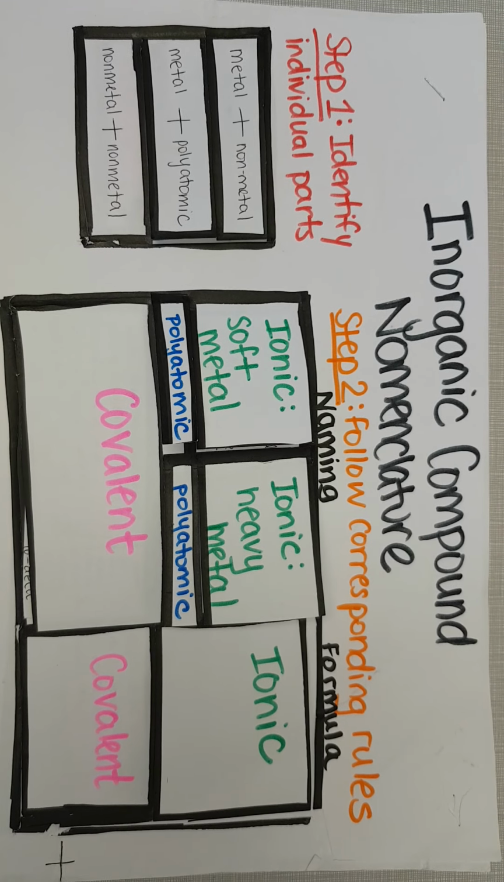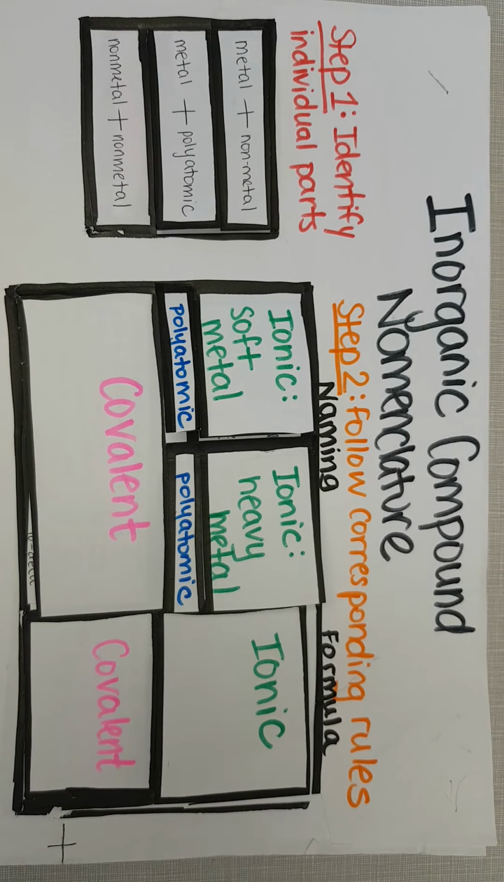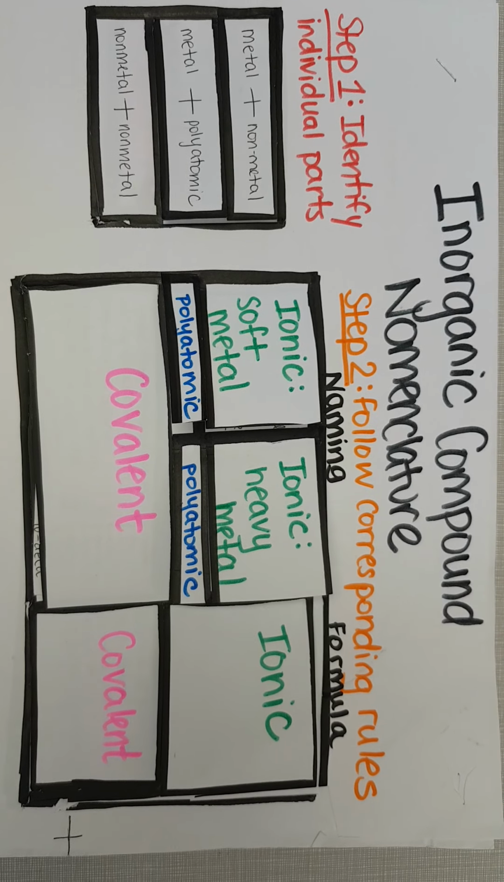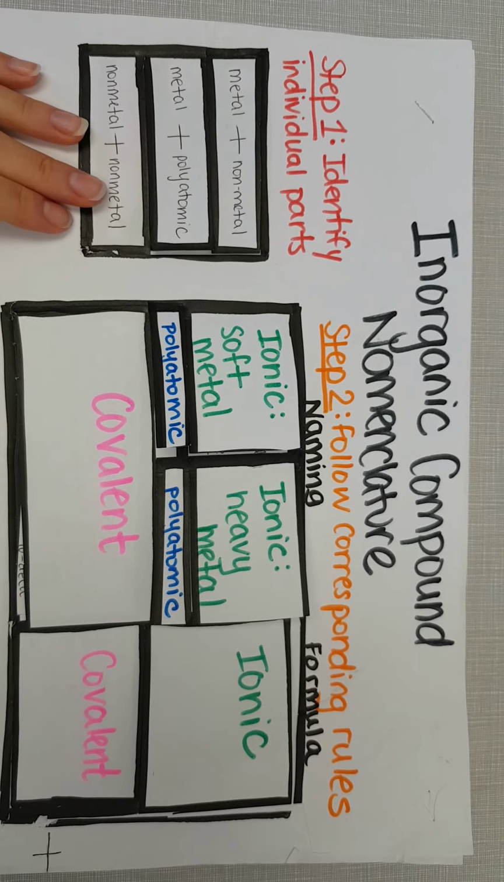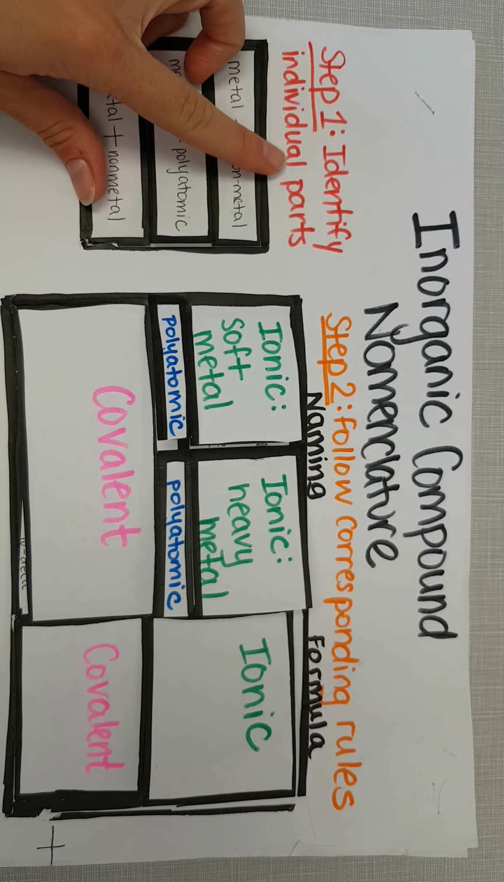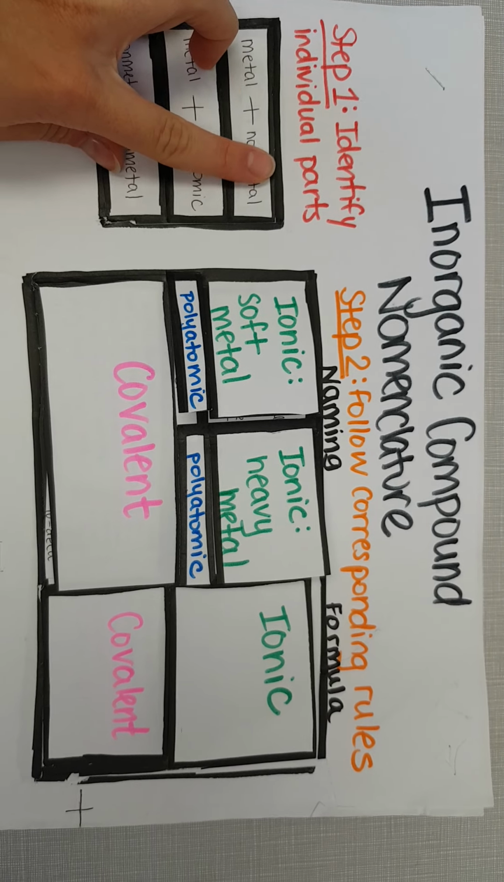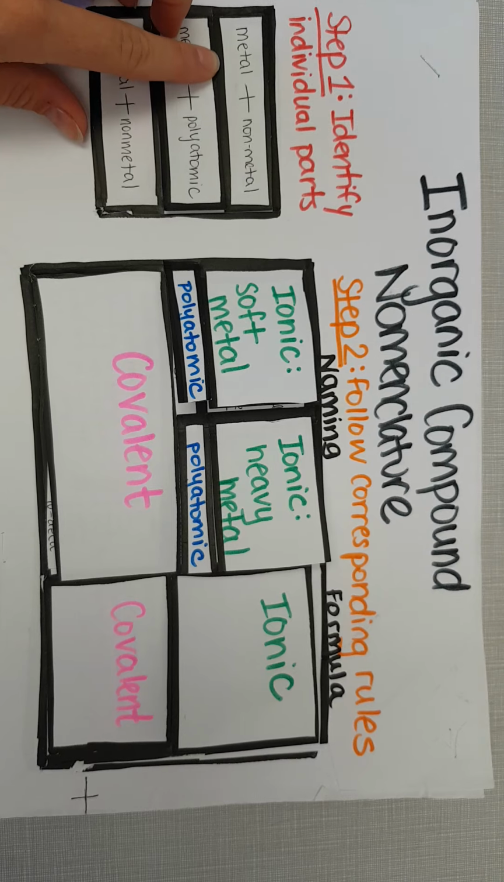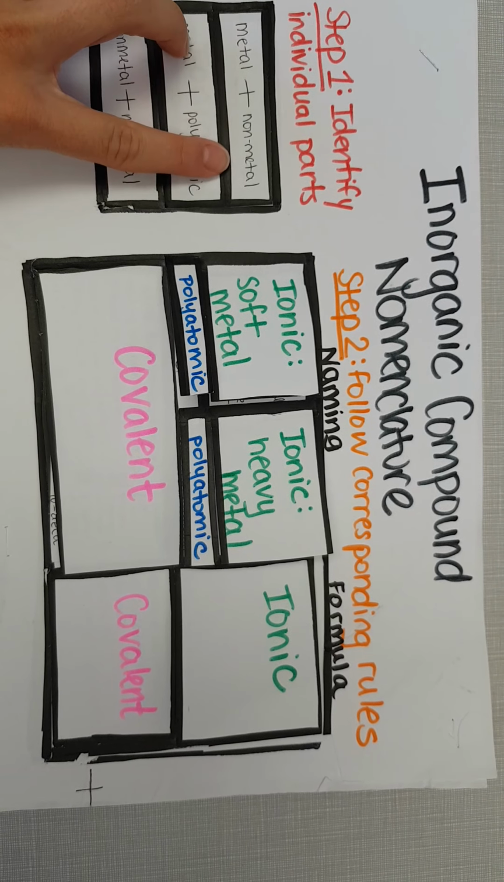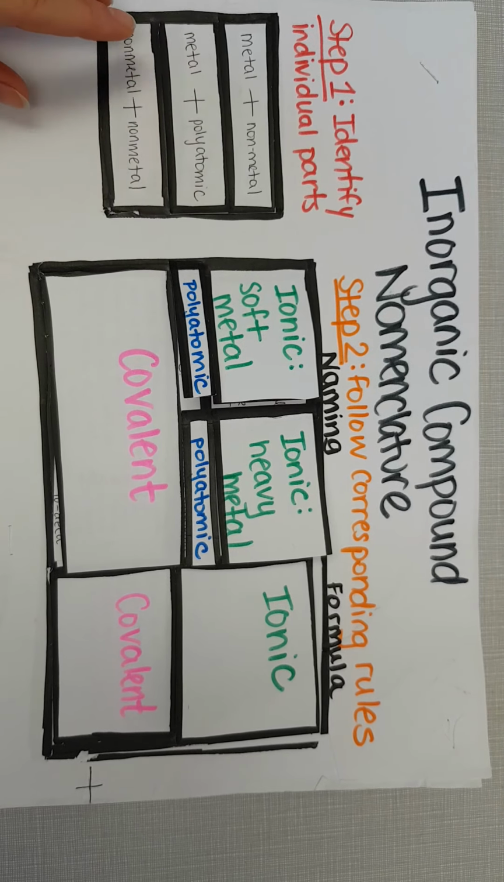This little video is showing us how to name inorganic compounds. This is a little foldable that I've made here. Looking at step 1, it says to identify the individual parts. Whenever you're given a compound, you're given it either in metal plus nonmetal form, metal plus polyatomic, or nonmetal